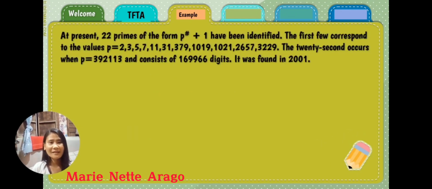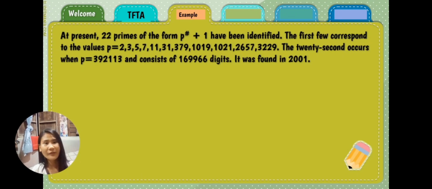So at present, 22 primes of the form p raised to a number plus 1 have been identified. So the first few correspond to the value p is equals to 2, 3, 5, 7, 11, 31, 379, 1019, 1021, 2657, 3,229. So the 22nd occurs when p is equals to 392,113